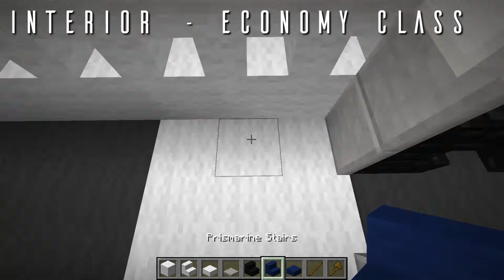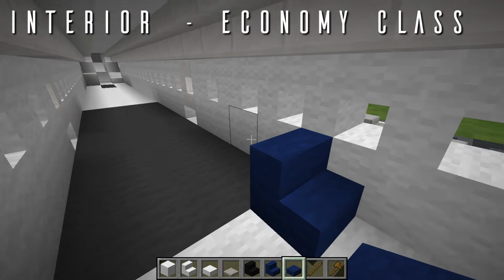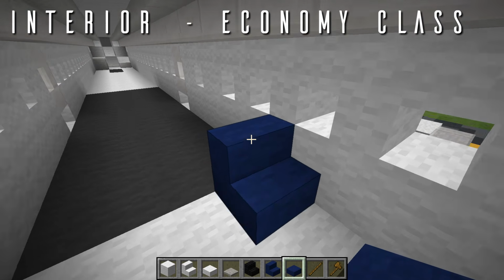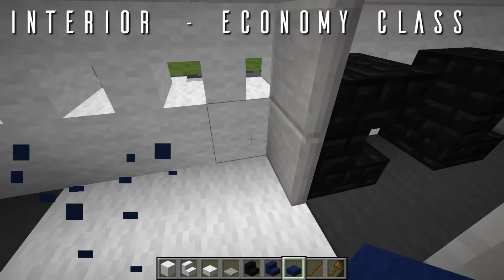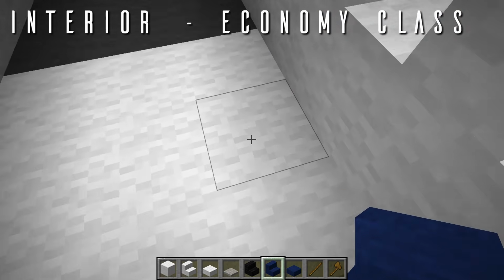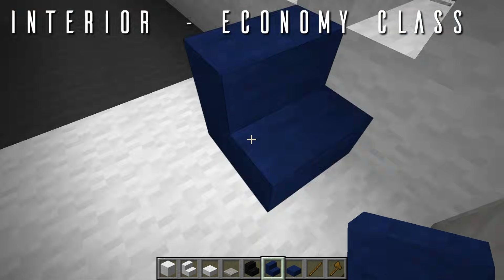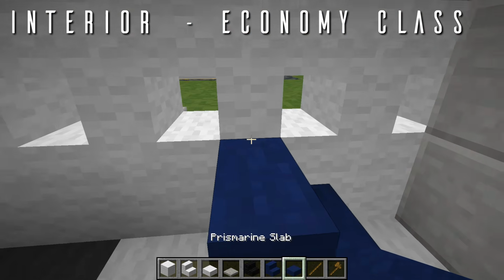So for this, we're using the prismarine materials for our economy sections. On our base interiors for all of our aircraft, we use blue for the economy class seating. So for this, behind this bulkhead that we just put in place right here, on the first block immediately back from it here, skipping no blocks, just like this, we have a prismarine stair facing forwards and a prismarine slab